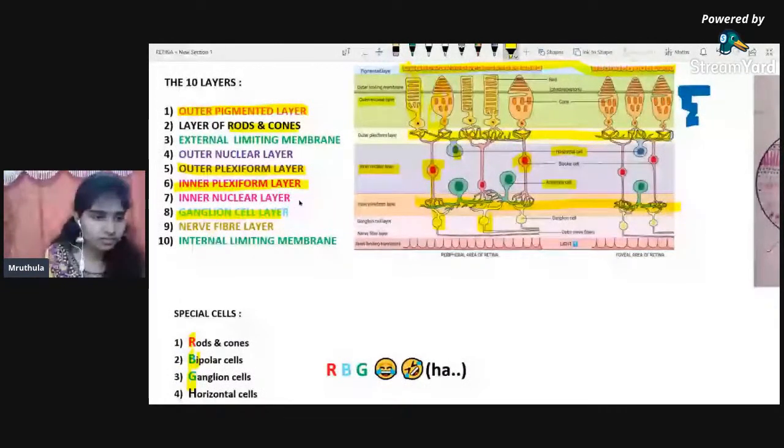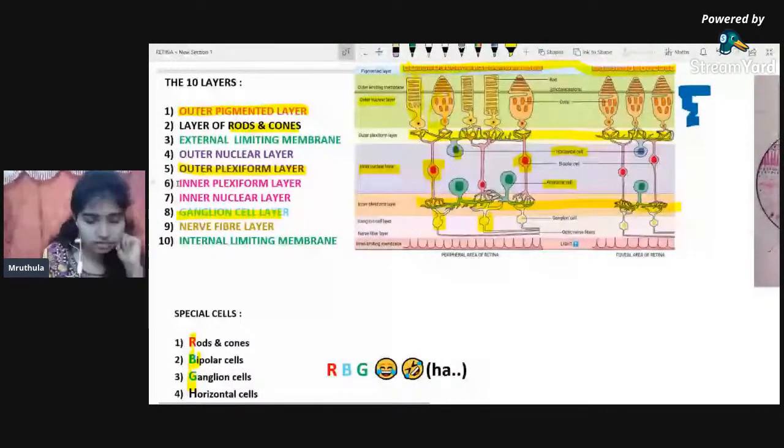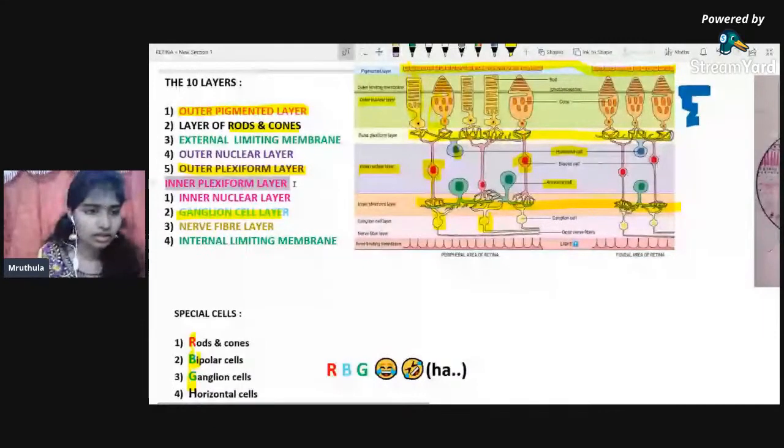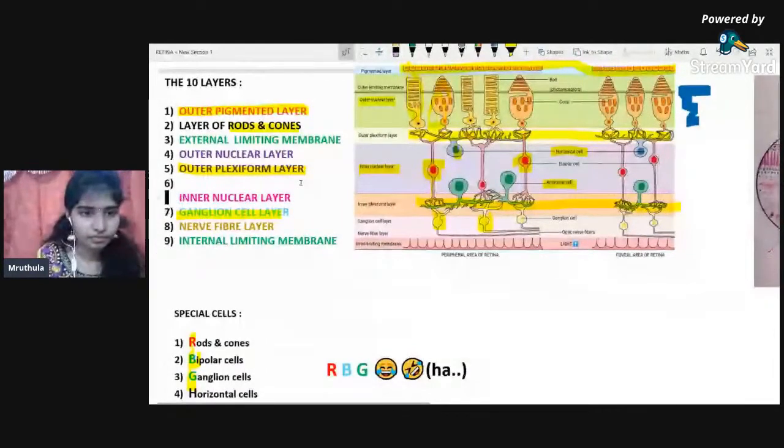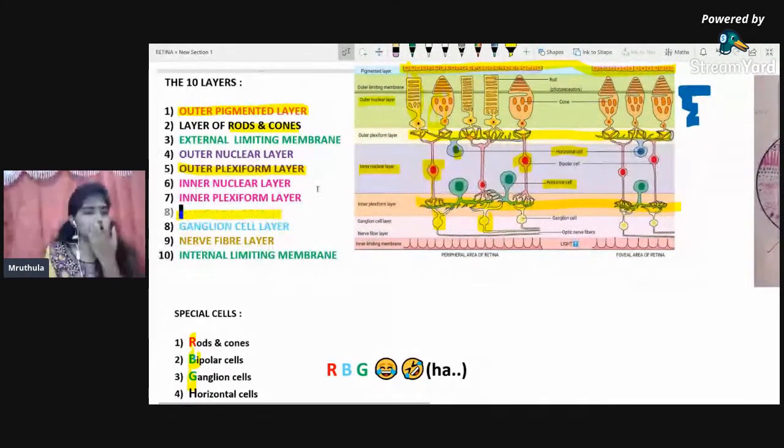Just pardon me, I've just changed the number of these two particular zones. The inner plexiform layer will lie below the inner nuclear layer. It will come here. The inner nuclear layer is made of the nucleus or the cyton bodies of the horizontal cell, bipolar cell,